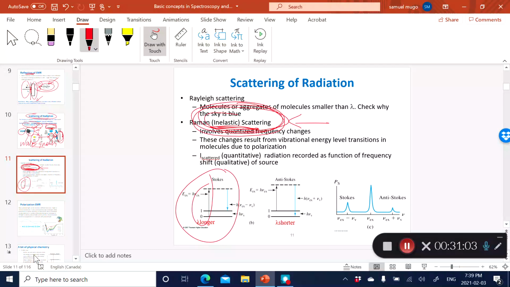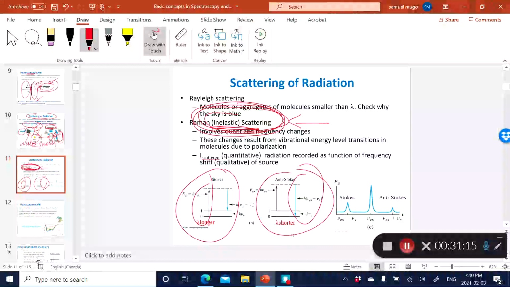Okay? On the other hand, you can have the anti-Stokes. And the anti-Stokes is where the energy that is determined in the end is higher than the incident beam that you shone onto the chemical specimen. As you would expect, the probability of having a Stokes shift is a lot higher than the probability of having an anti-Stokes shift. Because in almost all cases, the electrons are transitioning from the ground state to a higher energy